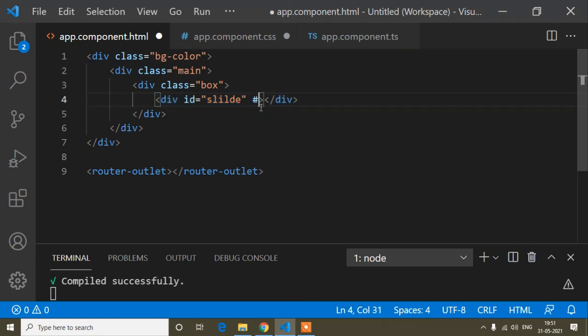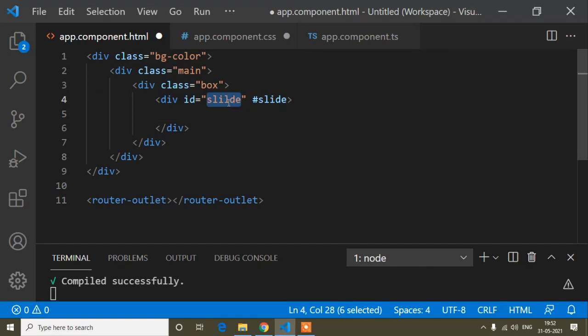So Angular provides a template reference variable. The syntax of a template reference variable is a hashtag and the variable name. This variable is used to manipulate the DOM property. It's the same as an ID, but in Angular we write it this way, and this is called a template reference variable. When I use ViewChild in the TS file, which I will show you next, if I manipulate this DOM element, I will use this template reference variable, not the ID, because Angular provides this template reference variable for manipulating the DOM, I mean this element.